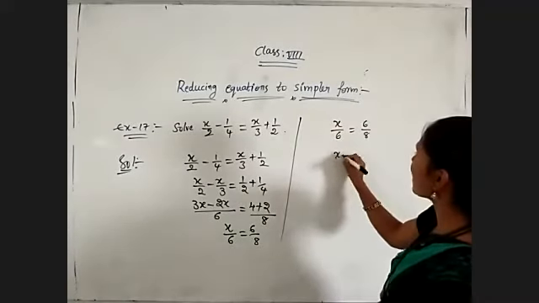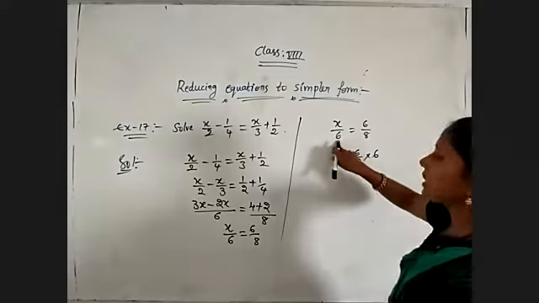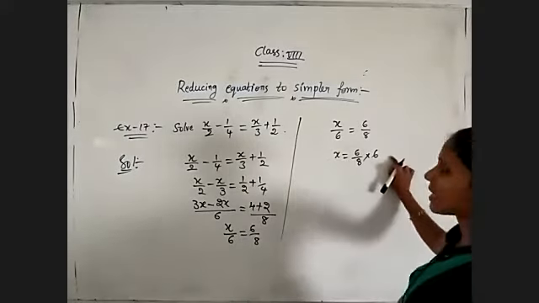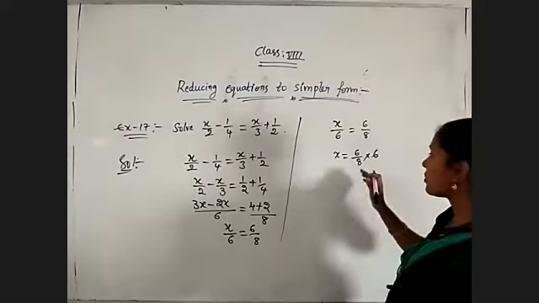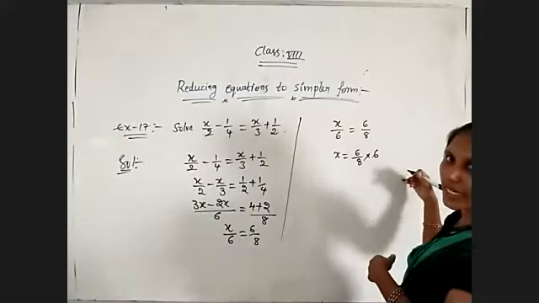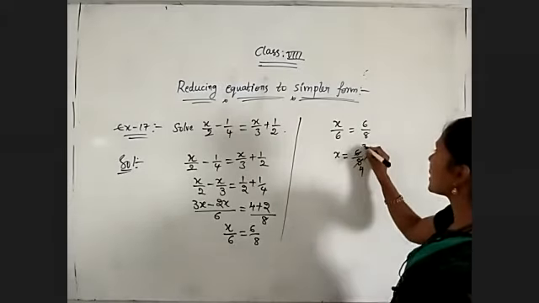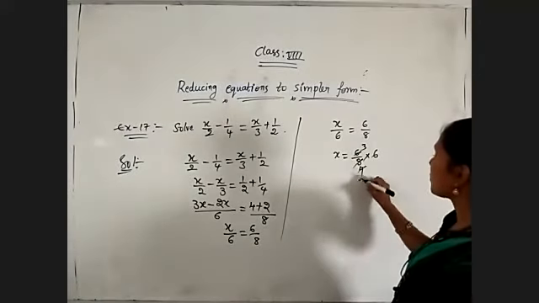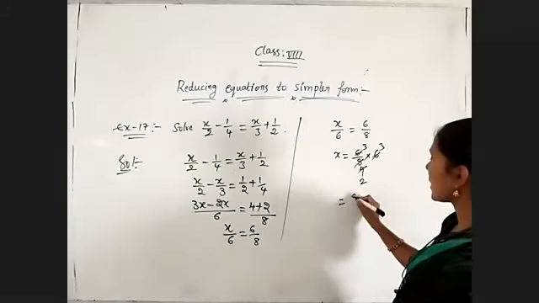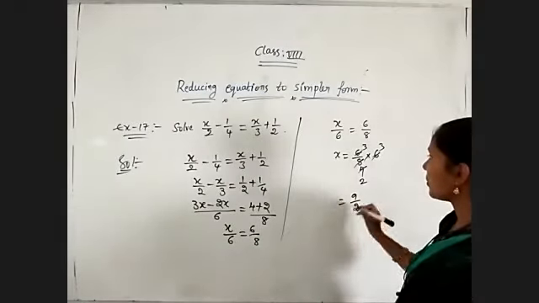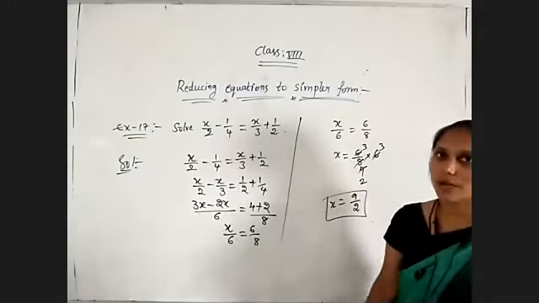Now, x is equal to 6 by 8 into 6, because here division we have. While we are transferring to the other side, it will become multiplication. Now, cancellation is possible. Do the cancellation, otherwise write the answer directly. Now, 2 fours are 8, 2 threes are 6. That's it. 2 twos are 4, 2 threes are 6. Now, 3 threes are 9 in the numerator, by 2. So, x is equal to 9 by 2. The x value is 9 by 2.